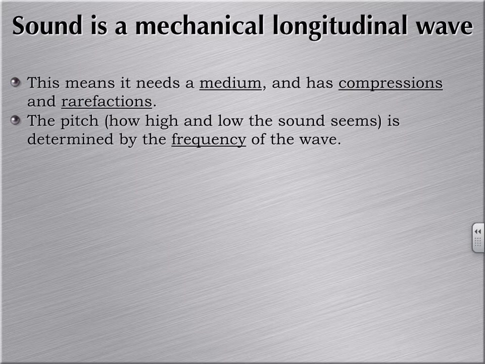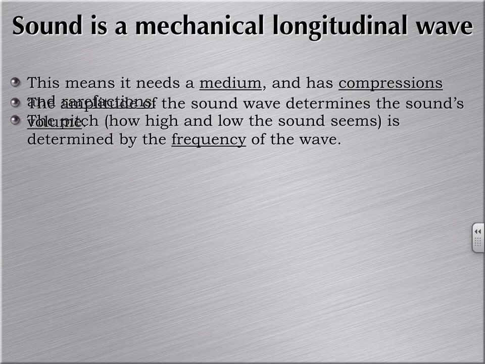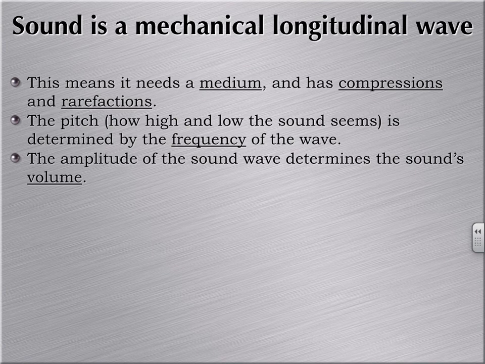Up here, these are high frequencies, which means they're wiggling very fast, and down here are low frequencies. So those are going very slow. So we have high and low frequency. That's not the same. People get confused when I say high and low, and some people think when I say high, I mean loud, and low, I mean soft. But no, high is like this, and low is like that. Not loud and soft. Loud and soft goes along with amplitude. So the amplitude of the wave determines its volume.